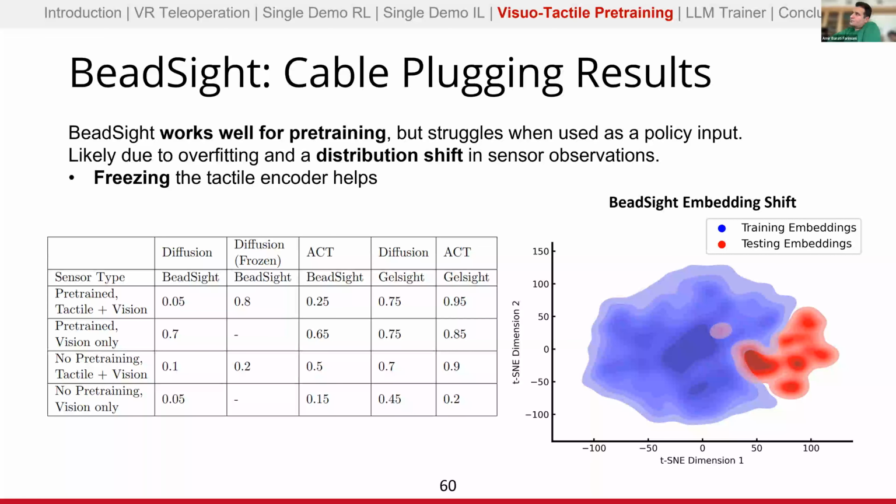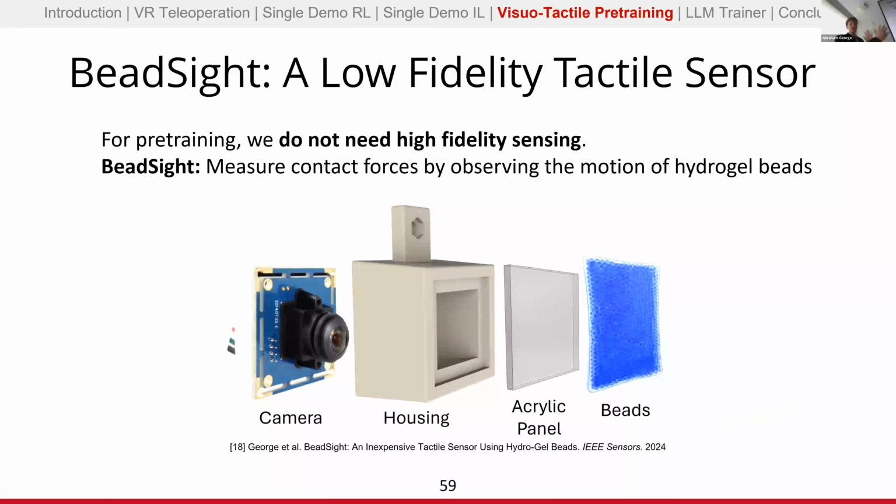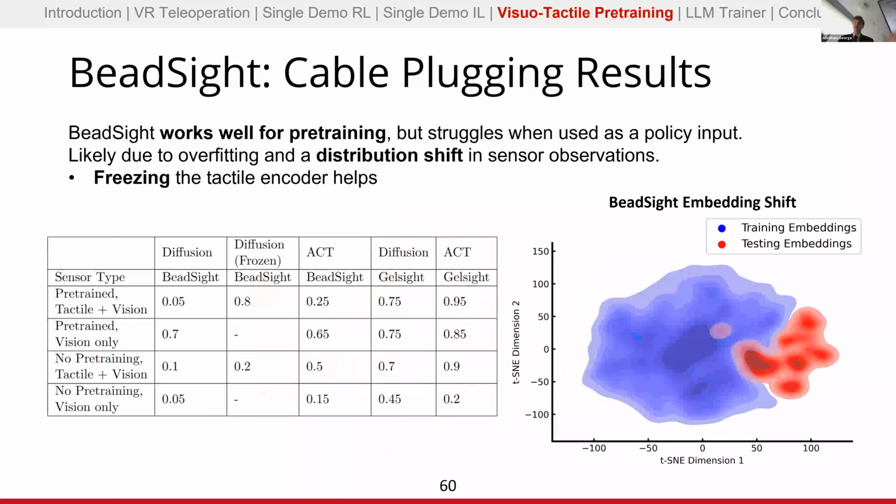But if you use it for pre-training, even though you're not able to get a lot of great information, that's still enough to cue the vision system into paying attention to those tactilely aware features. And also, importantly, if you don't use it at inference, there's no training-testing split because there's no testing, right? You can completely avoid that distribution shift issue.